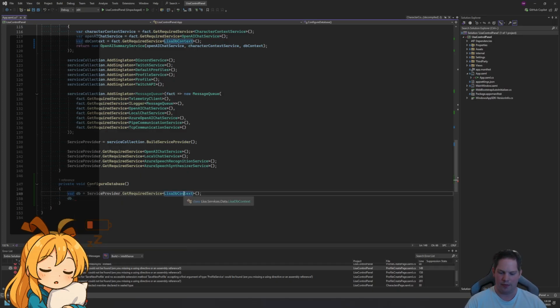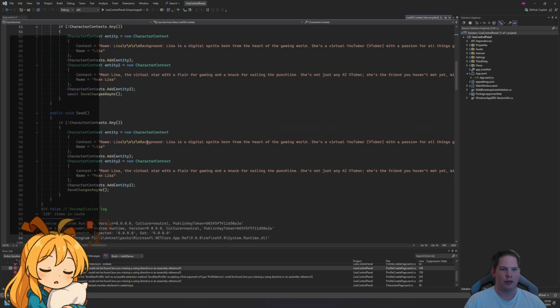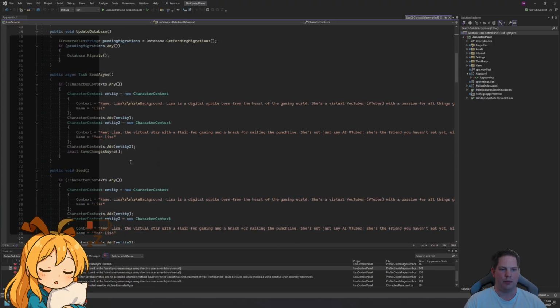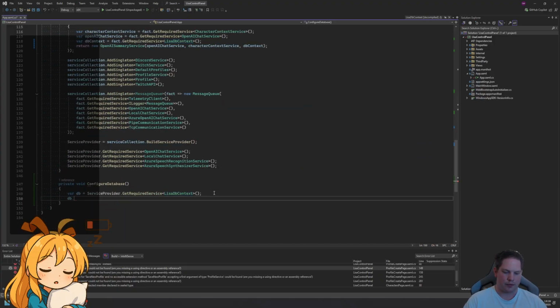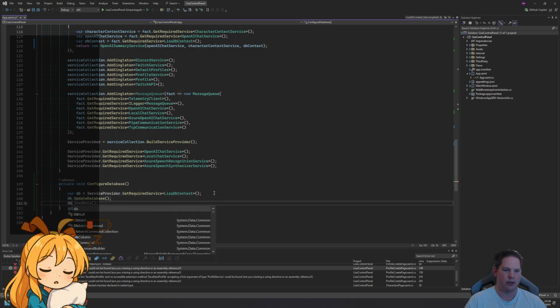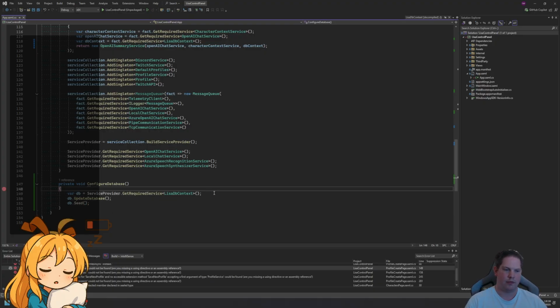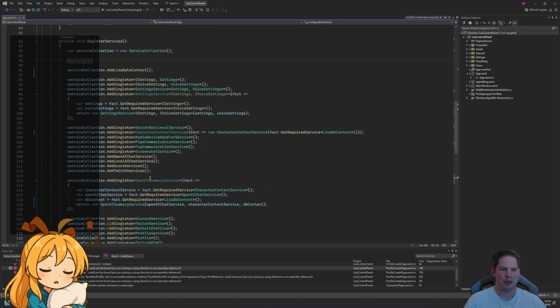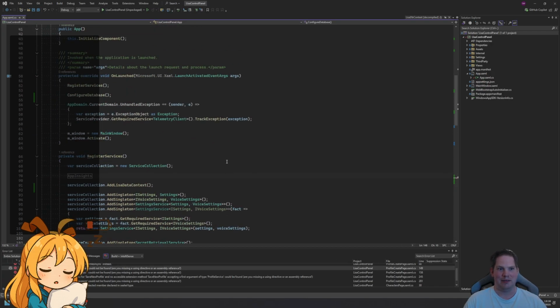I don't know. I have forgotten what I called it. Update. Oh right, update and seed. Update database and seed. Let's put a breakpoint over there. In theory, this should all work fine. Now